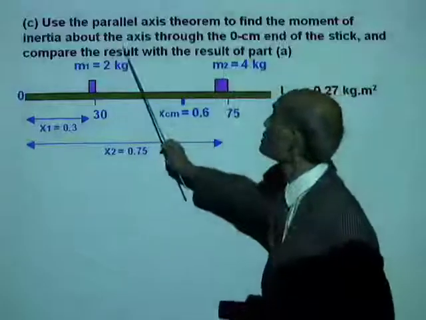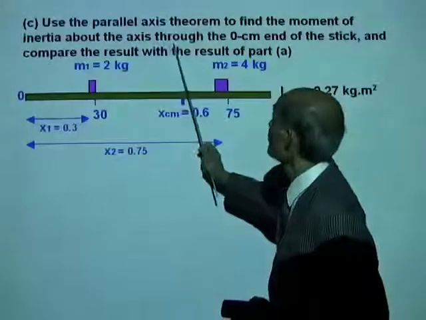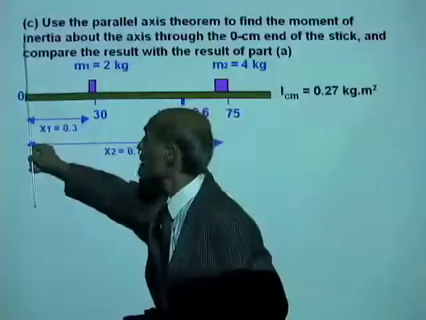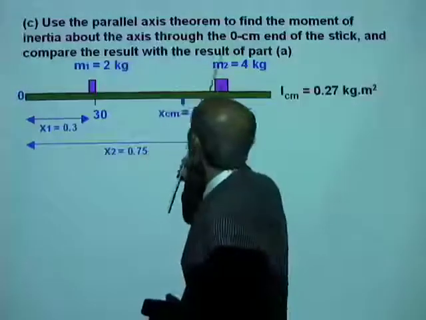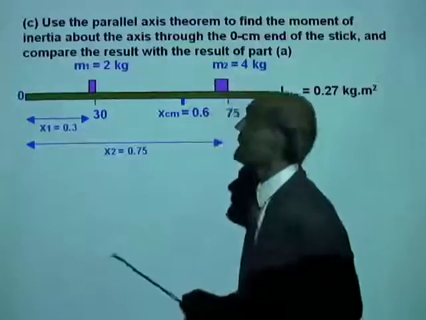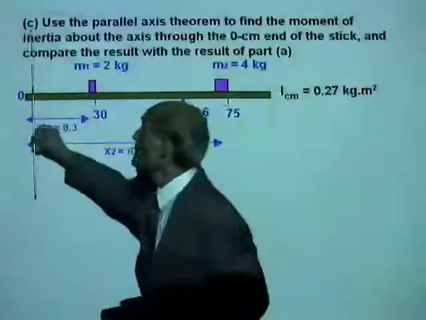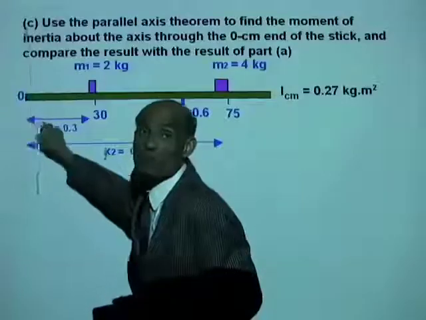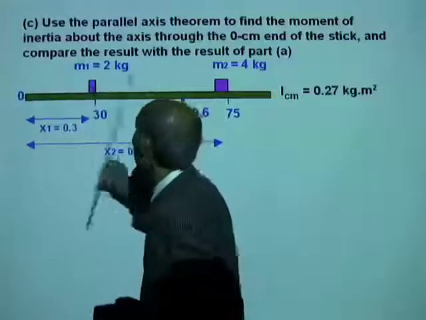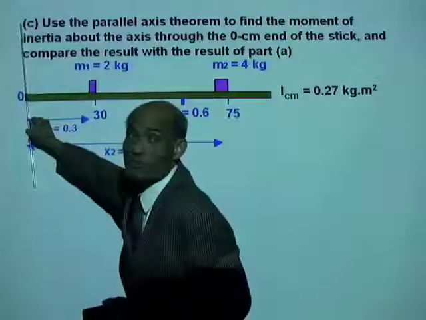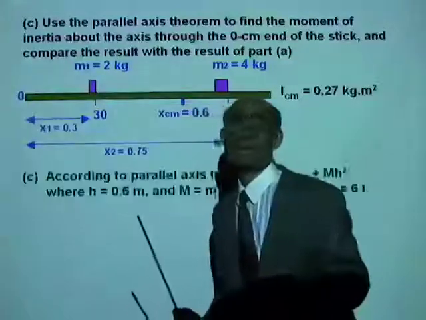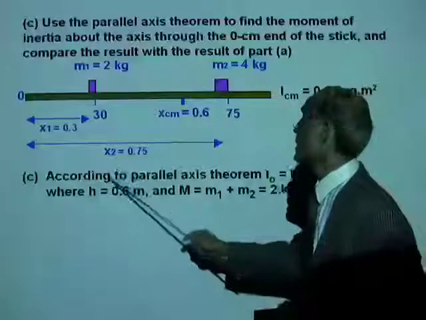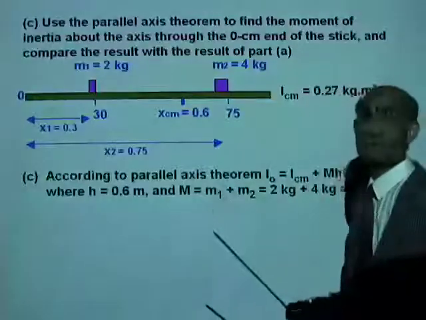Find the moment of inertia about the axis passing through the 0 centimeter mark and compare the result with the result in part A. Now we need to find the moment of inertia of these two objects about an axis that passes through the center of mass using the parallel axis theorem. Now, according to the parallel axis theorem,